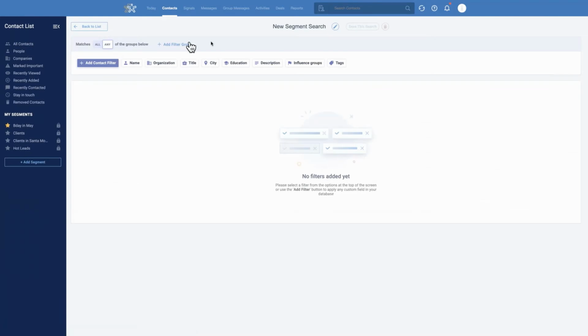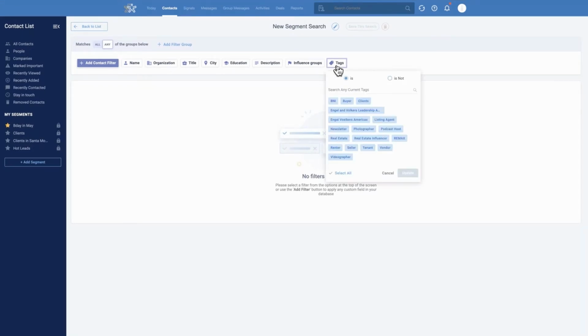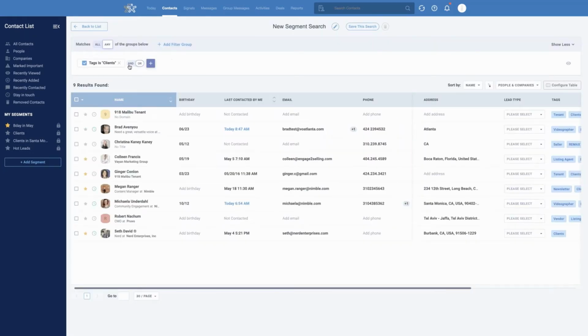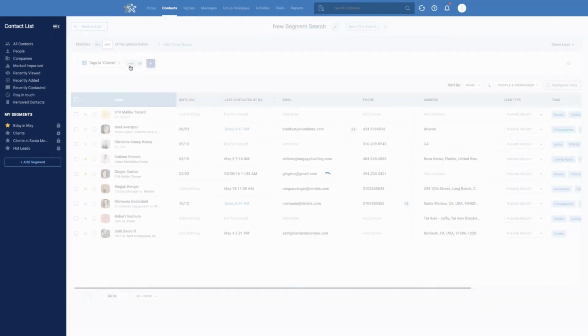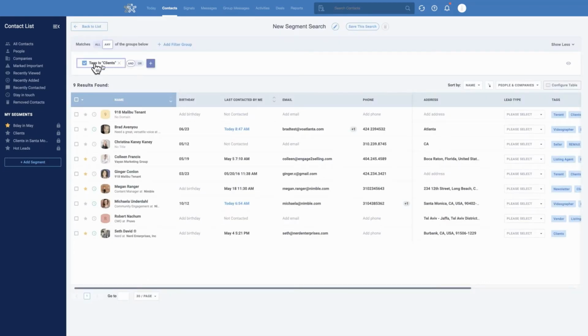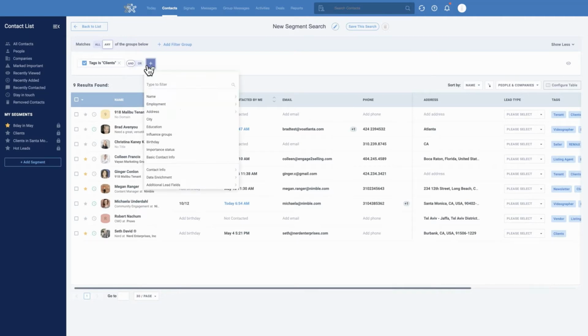Let's say I need to segment my existing database further because I know what specific group I'm looking at. I have previously tagged all my current clients with the tag clients. So I'll bring it up from here, click update, and then I want to know who from our clients are located in California. So I can click on AND here. Then it will be bringing up the people that are tagged as clients and also live in the state